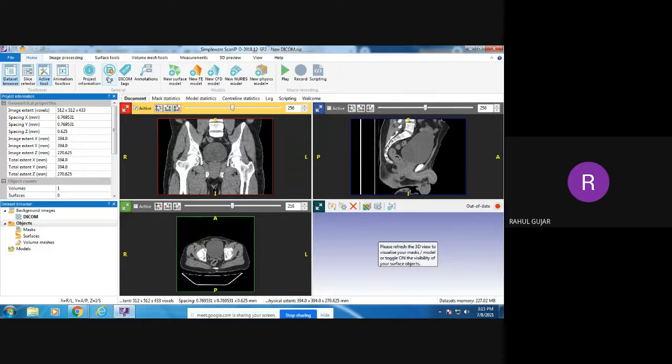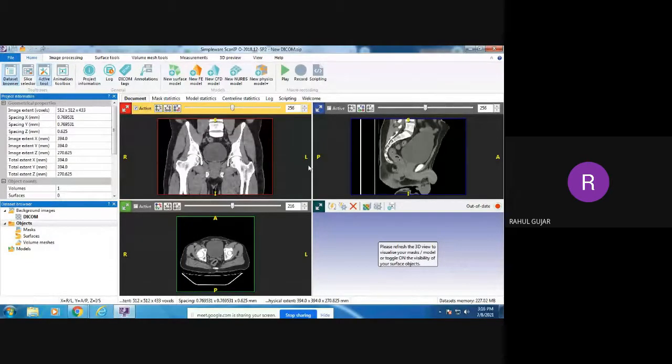Below it, there are some toolboxes like general models, some recording. If you want to do that kind of work, you can also do it. Some data set which you want to browse will come under those toolboxes. Some animations, if you want to generate, you can also do that. So the screen is open in front of you.